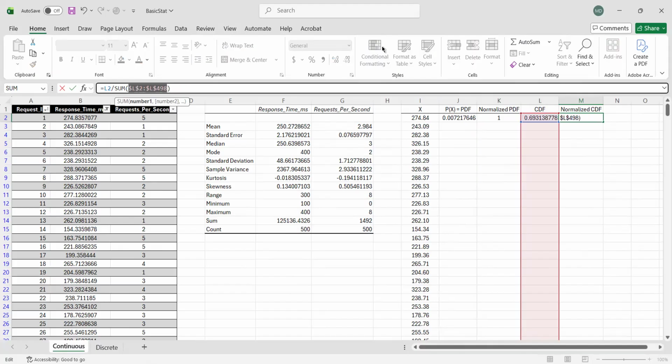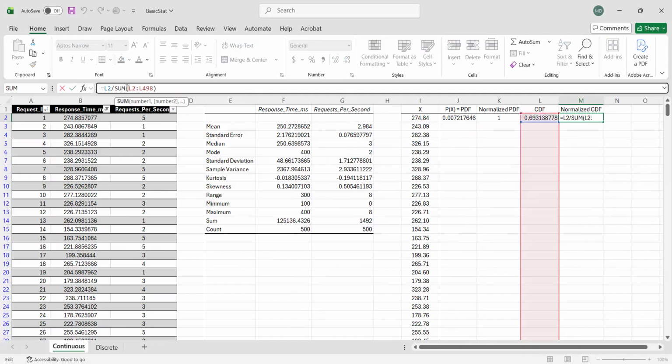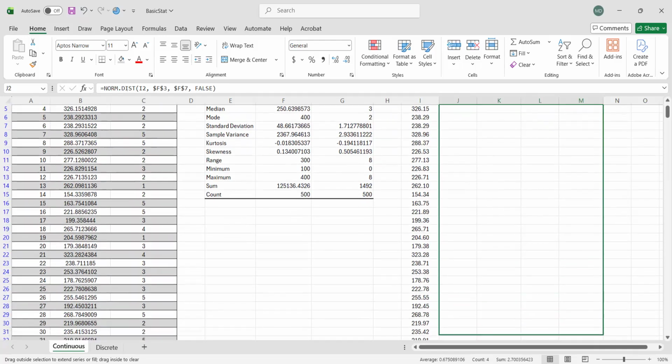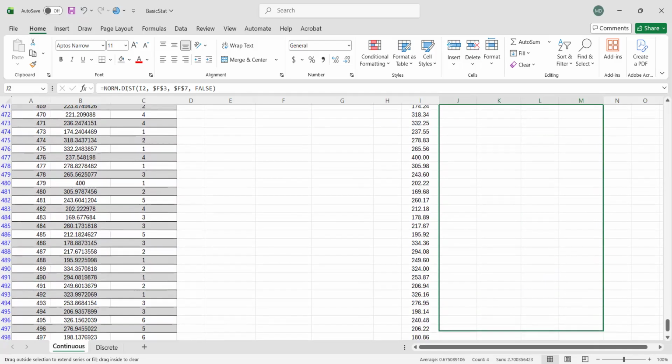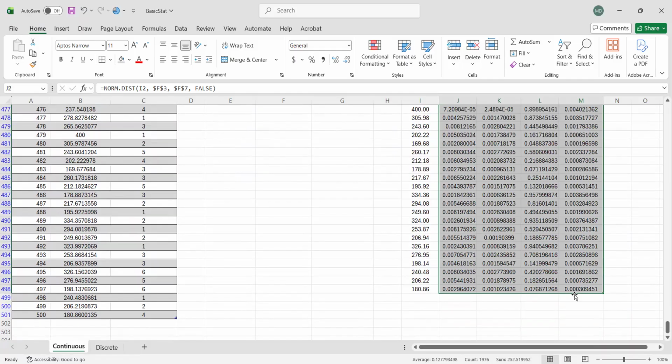Let me pause for a while. So we do the same for this one. We fix the formula. Just highlight the range, and then click F4 or Fn plus F4 to add the dollar signs, so that when we drag them, the range will not change. So drag up to the last one. All right.